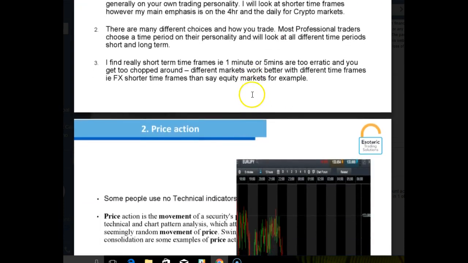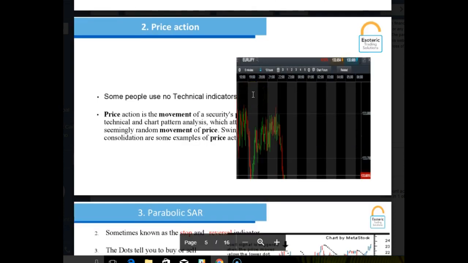Obviously, price action is very important. So I look at the direction of price action, whether the price action is green or whether it's red, pretty much the movement and the different patterns that price action is making, whether it's large wicks, small wicks, whether they're fat, whether they're long, that sort of thing. So price action is pretty important.